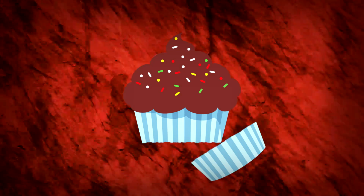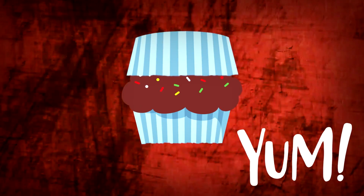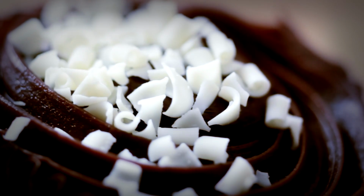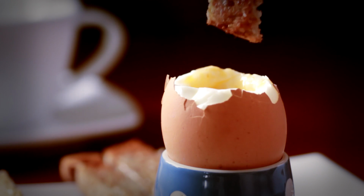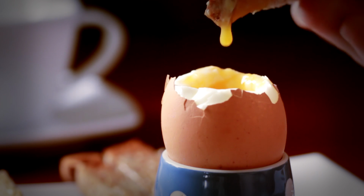And this creates an Oreo-style cupcake. That way, when you go to take a bite, you'll get a mouthful of moist cake and creamy filling, without the icing going right up your nostrils. It's certainly a great way to eat a cupcake at a classy event without making a total mess out of yourself. Hard-boiled eggs. Statistics show that most people don't eat hard-boiled eggs because they're a pain in the butt to